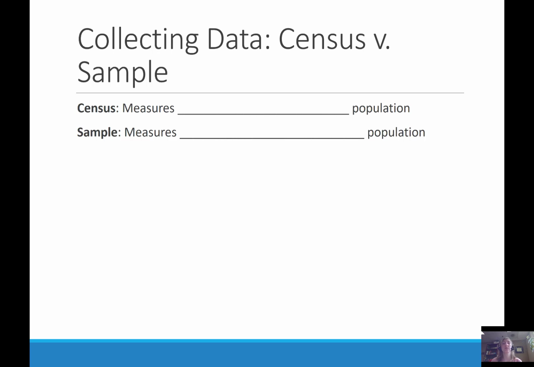A census measures the entire population. A sample measures a subset of the population. One of the most famous examples of a census is the U.S. Census, which occurs every 10 years. In the U.S. Census, the entire population is asked specific questions that are of interest. However, the census is costly in terms of time and money, and it can be difficult to reach everyone in